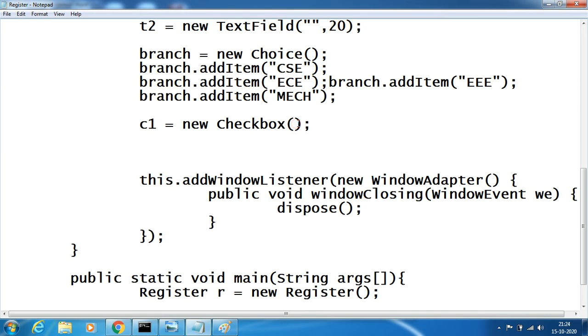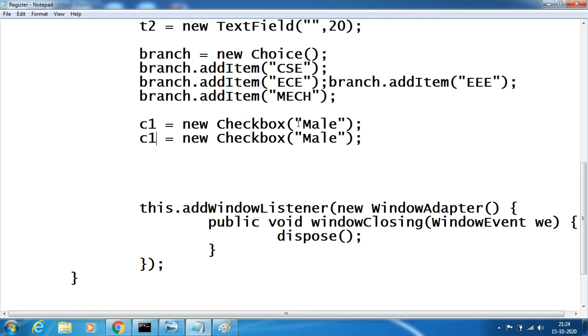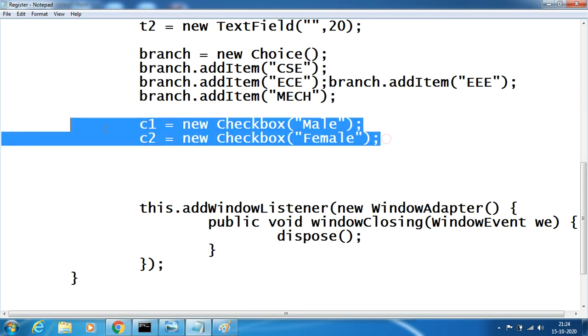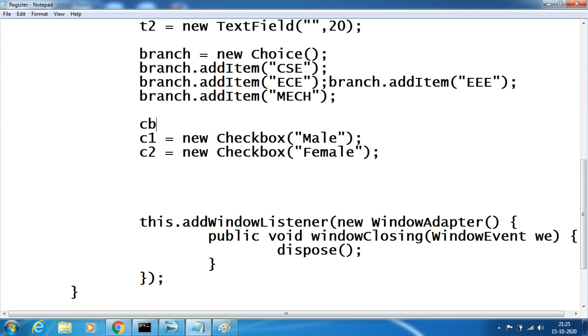So checkbox of male and female, say male, copy, and female, and these two are of the same type called gender type, and these two are to be added to a checkbox group. So first create the checkbox group, that is CBG equals new CheckboxGroup.